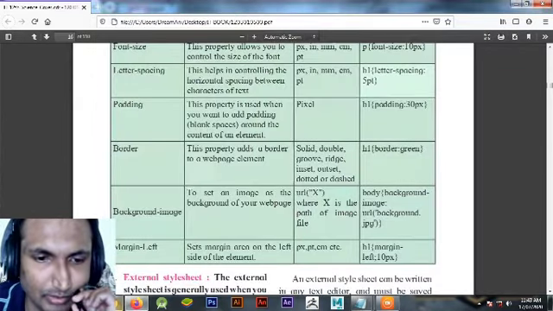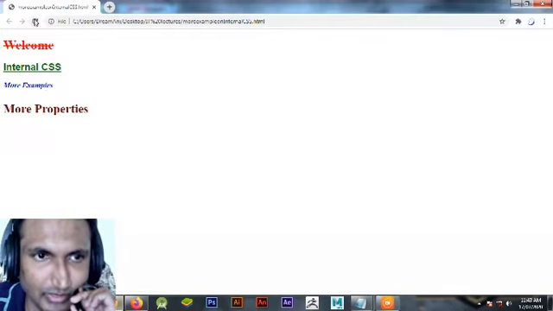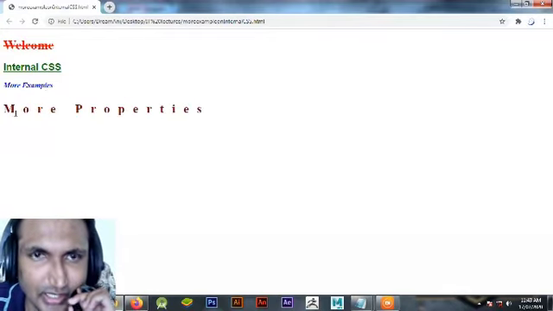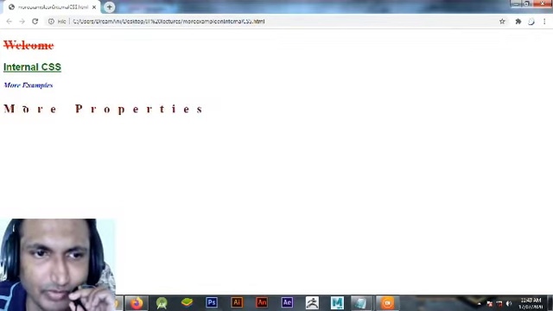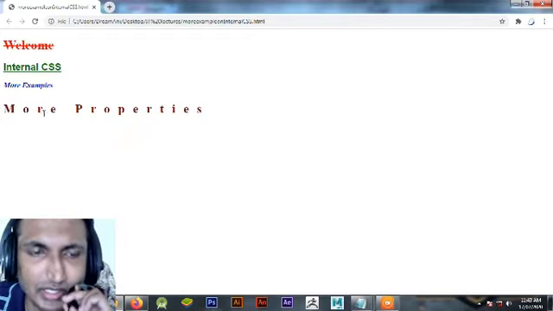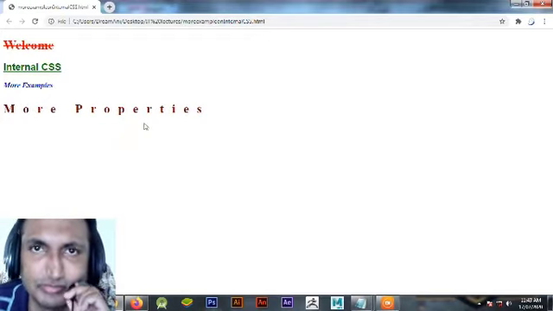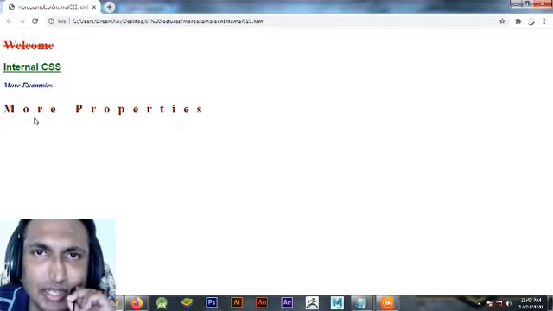I will run the program and refresh this. Let's see, the letter spacing is 20 pixels. Every character has a 20 pixel distance in between, so that is the letter spacing.